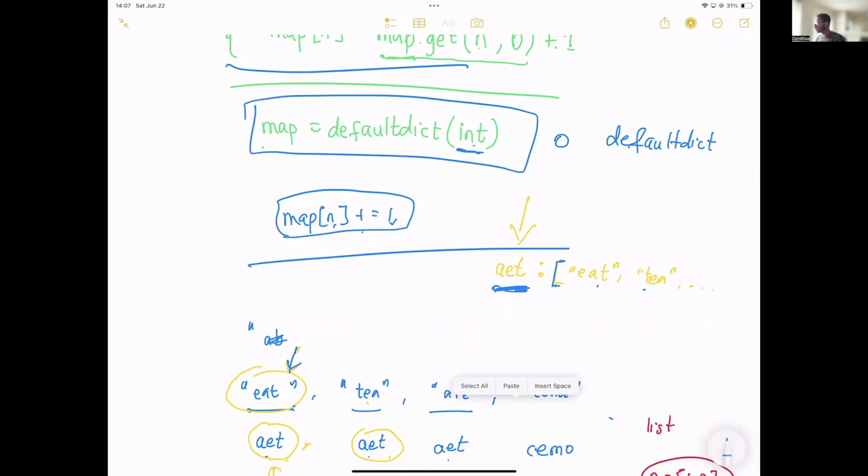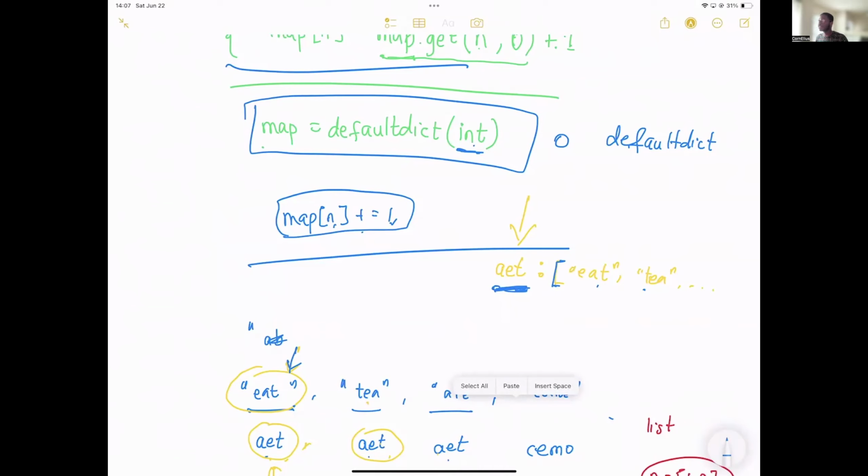I want to see the code I wrote for group anagram. Okay, give me a second, let me pull that up. Group anagram. Sorry. Okay, let's pull that up.